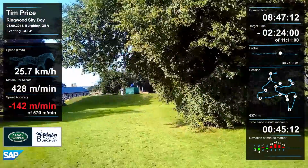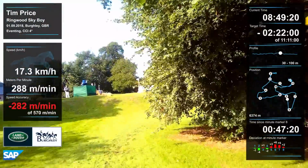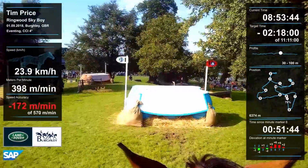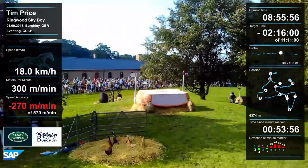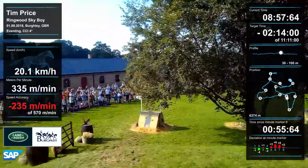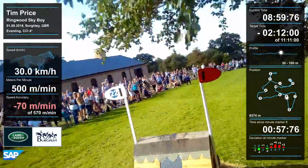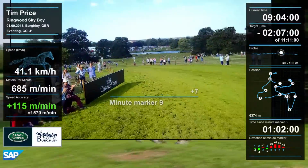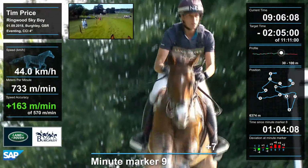Got about 45 seconds or 35 to 40 seconds to do that, and then come round the corner here to find the line. I turned up tighter than I was planning, but that's just where it felt right. I knew he had the stride length to make the big 4 across the top, and then down here this is a very, very tricky little upright fence at the bottom of the 2 big tables that I was a